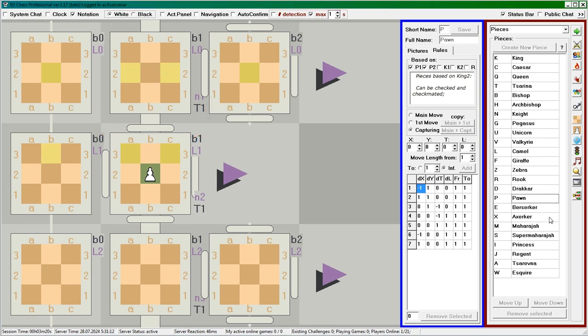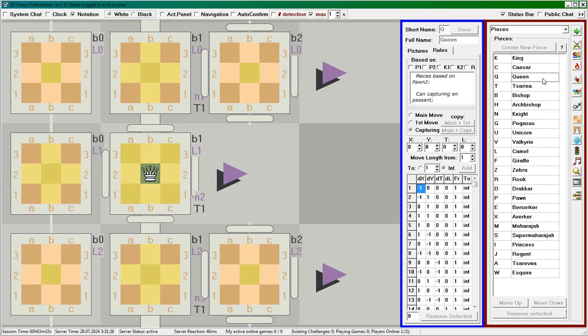If you want to play with a pawn using the most classic rules without rewriting pawn endgame theory due to checks to the past, then Axerker is exactly what you need. When researching other pieces, you may notice the word INF instead of a number in the last column of the rules table.